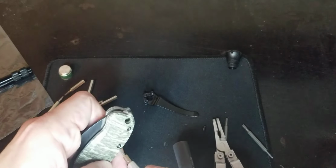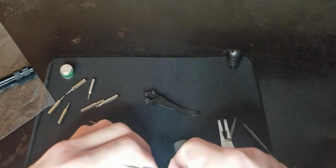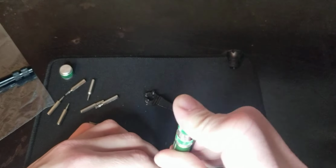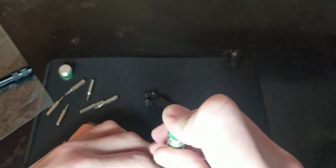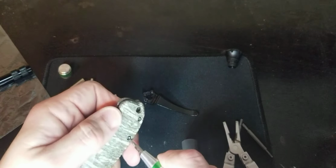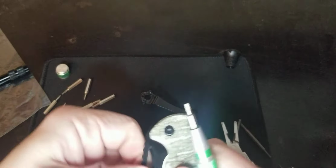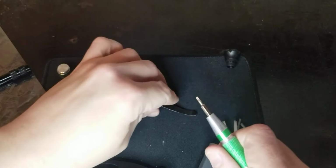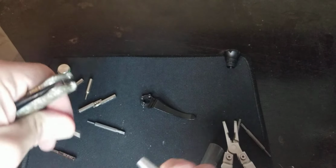And look at that. They go back together completely easy as ever. But when I tried to take it apart, it didn't come apart. So I will be checking this out a little more off camera, because like I said, I don't want to bore the living hell out of everybody. The knife still works, though. It definitely still works. Let's give it one more go before we call it a night,